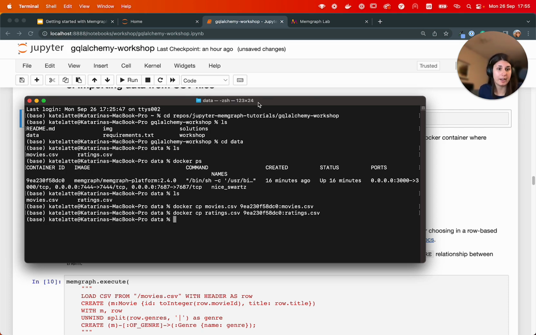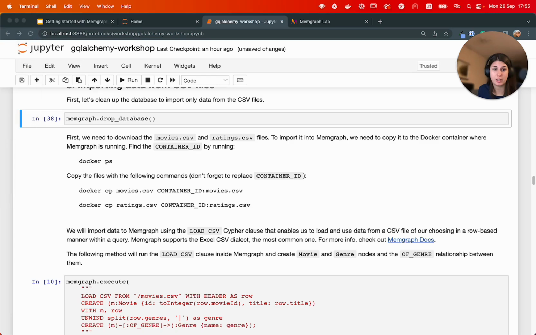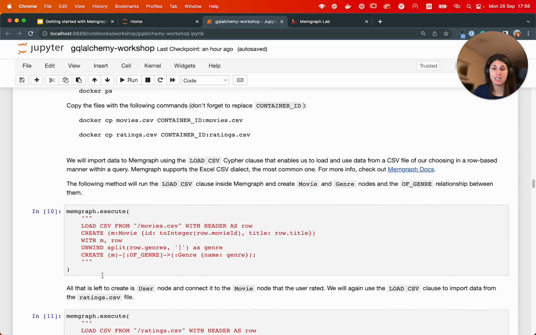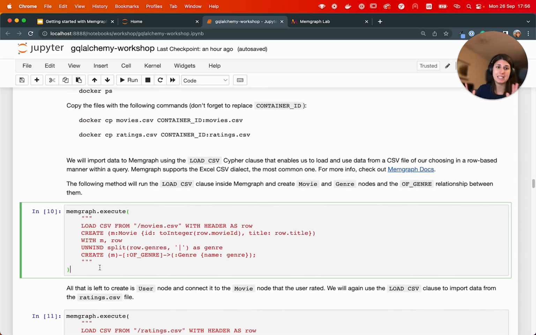Now it's hopefully there. If something gets stuck, I'm going to check whether it's wrong. Currently, it doesn't make sense for me to enter the whole container thing, but you can also see how to do that on our Memgraph docs. Okay, we are going to do this with LOAD CSV,